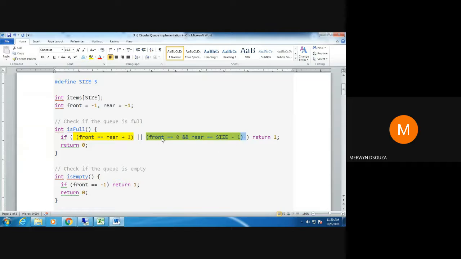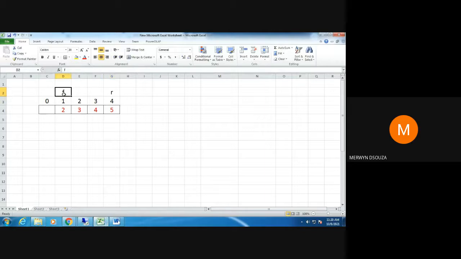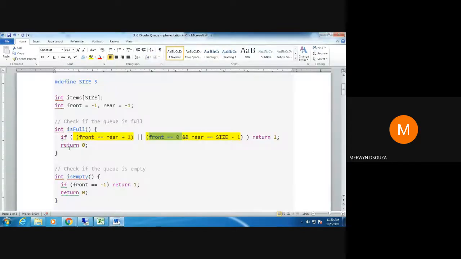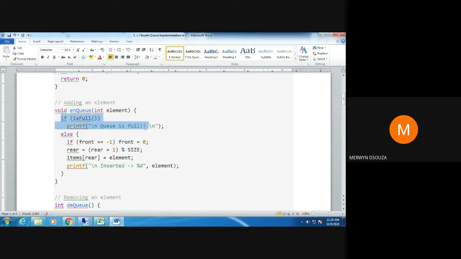For the other part, just checking the first part is enough. Is front equal to 0? No, front is not equal to 0. So it fails. Therefore you are going to return the value 0. That means it tells you that the queue is not full. If the queue was full, you would have sent the value 1. Since the queue is not full, you are sending the value 0. So therefore, if the condition fails, you come to the else condition. In the else condition, again you are having an if statement here.